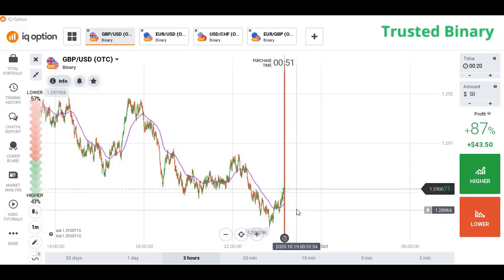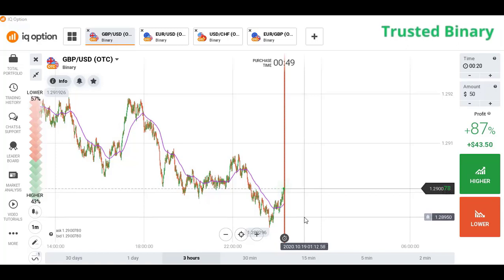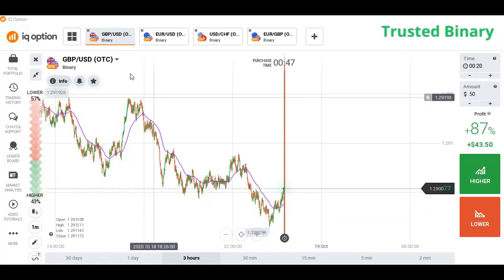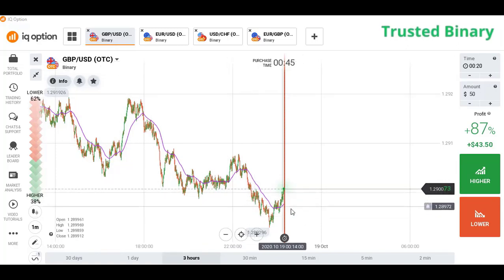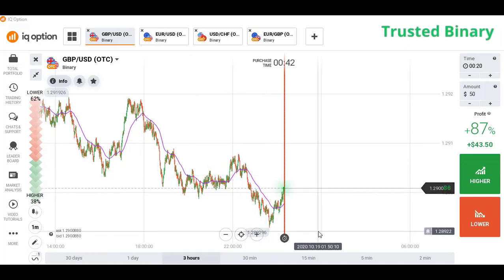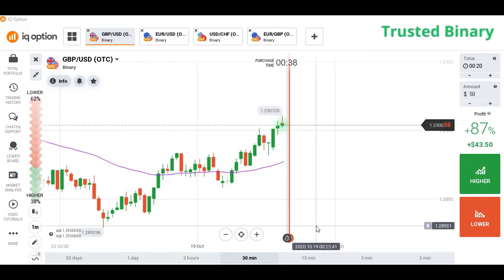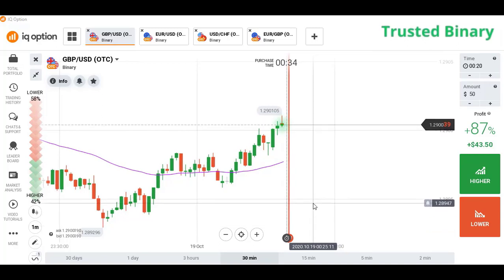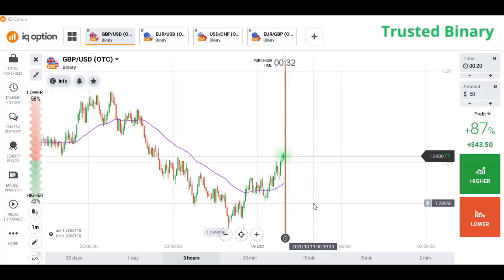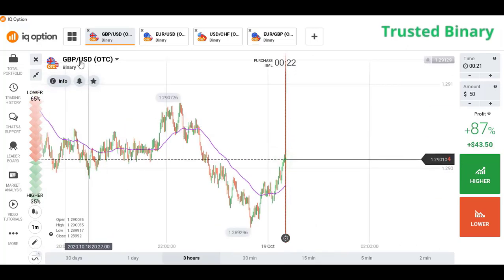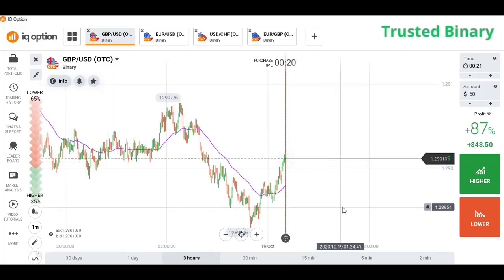Today I am showing here some trades with candlestick psychology. This is the OTC market today, and I place my trades with candlestick psychology and explain them also. So let's enjoy. This is the GBP USD pair, OTC market,